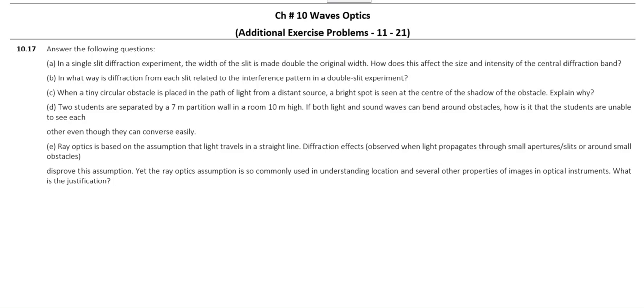Hello students, we are in 17th exercise problem of chapter 10, Wave Optics. In several questions we are given. Very first of these questions is,